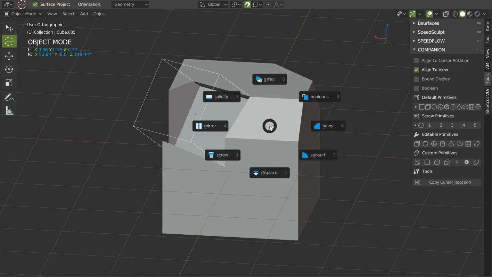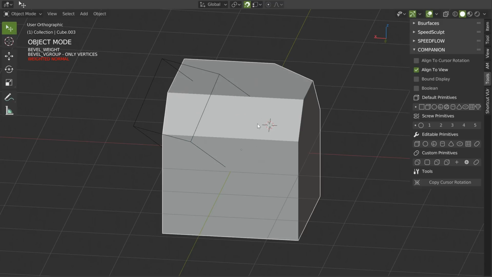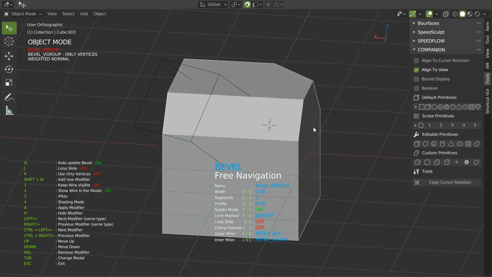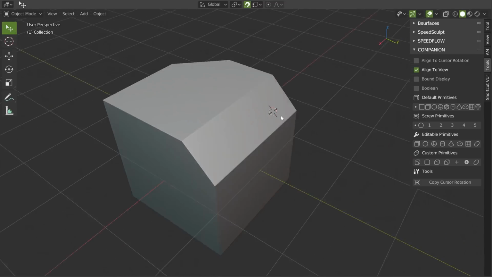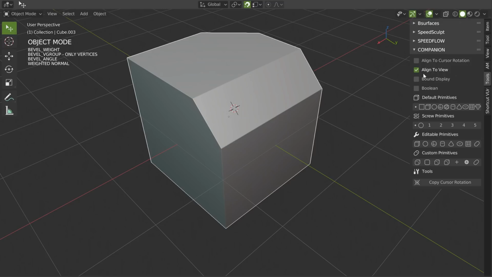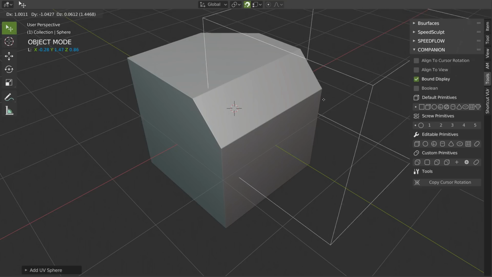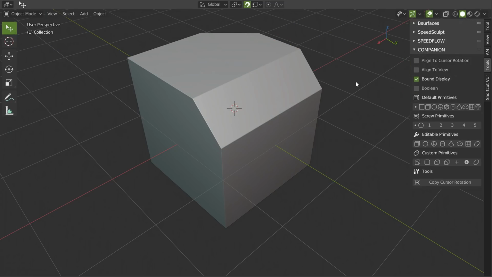So as you can see, I will need to select this. So I will remove this one. On this one I will add a little bevel. Shift W, a small bevel. Okay, I will remove this one and exit this. So if I select this, I will show you the Bound display. If you want to create with the Bound display, you will press, for example, Control, and you will have your sphere in Bound. So if you go in edit mode, you have it in Bound like that.